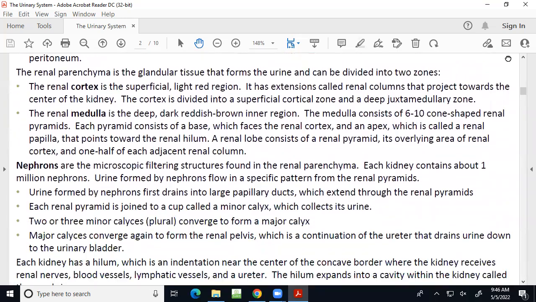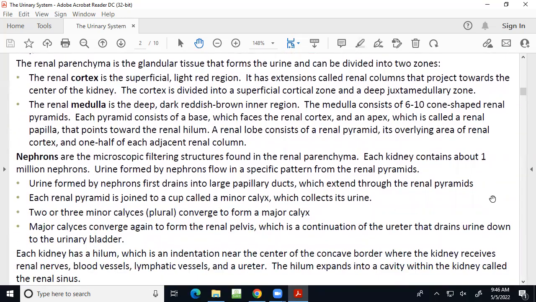So those are the kind of outer protective structures associated with the kidneys. Moving into the interior of a kidney, you'll find what we call the renal parenchyma. There's a word we've seen a couple different times this semester. Parenchyma refers to the glandular tissue forming the urine. So this is the functional part of our kidneys, and is divided into 2 zones, the renal cortex and the